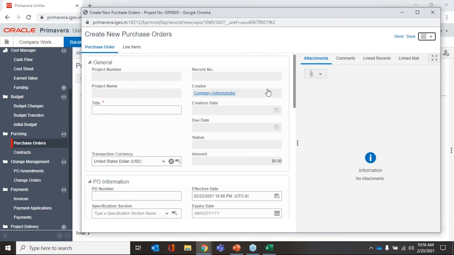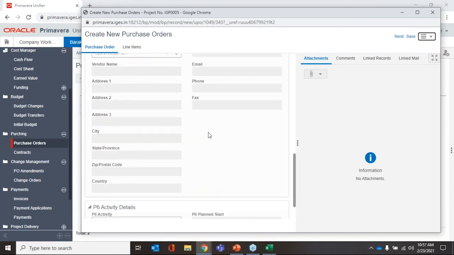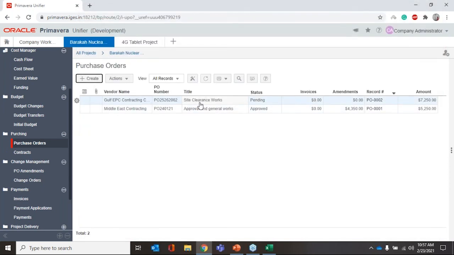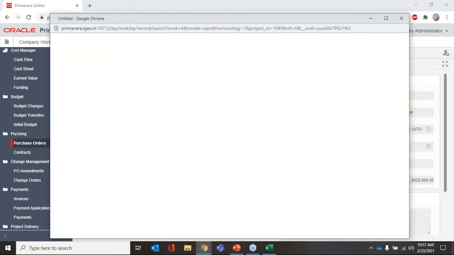So for everything, there is an Excel import, export, and import templates available in the application, right? So this is how we control our cost. So now I have created a PO. That PO is already available. Then I can go to that PO